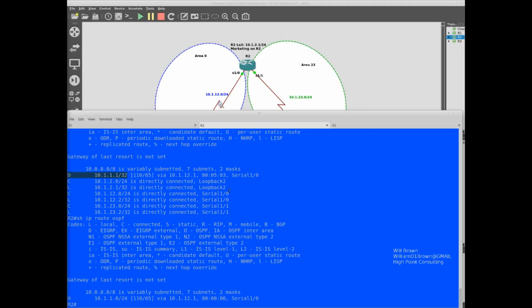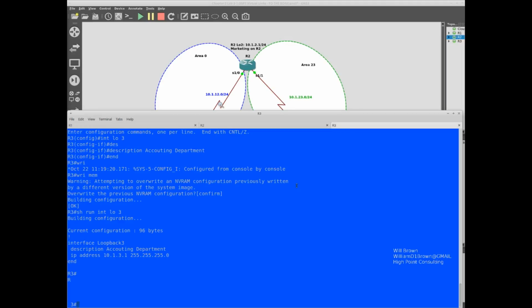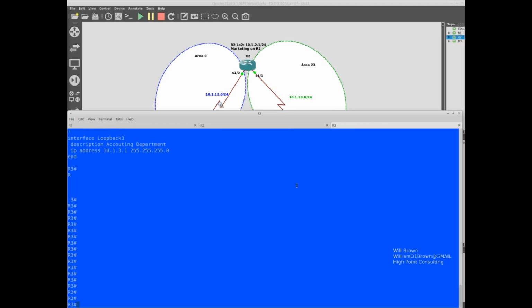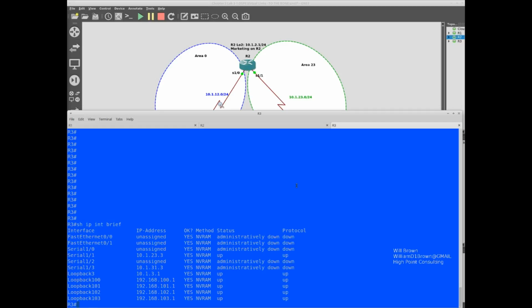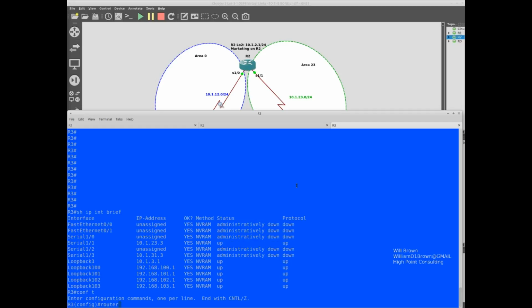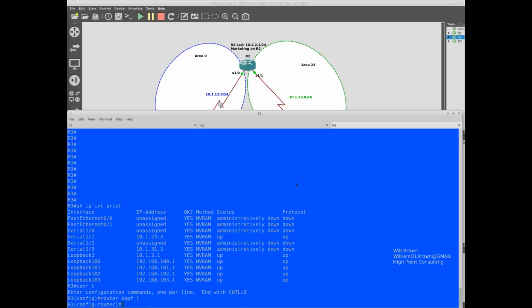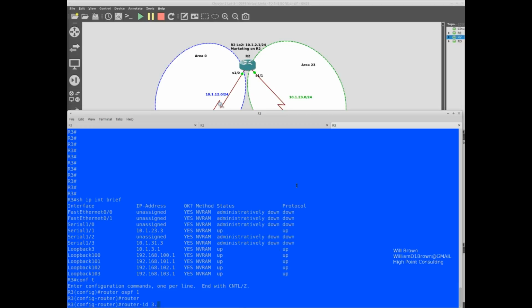Now what we're going to do is jump on router 3, and I think we've looked at the show IP interface brief. Look at the interfaces real quick and go ahead and go into global configuration mode, router OSPF 1 and router ID 3.3.3.3. The reason it's a good idea to set the router ID at the beginning. Actually, I'm not going to set it here. We'll see what happens if I don't set the router ID. I'm just going to leave it as it would.